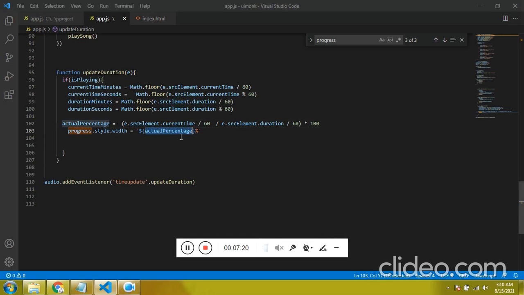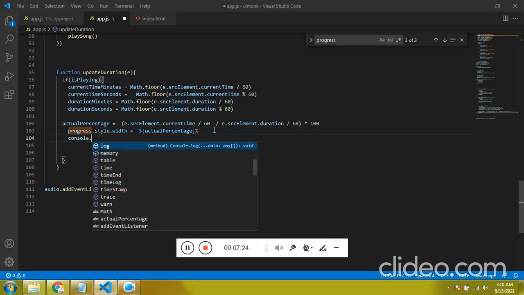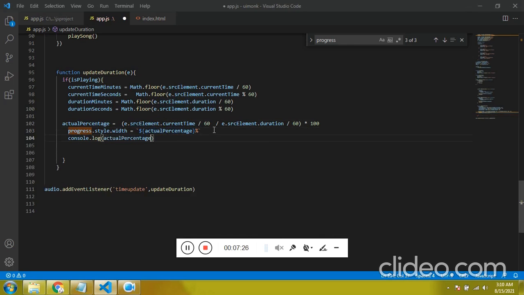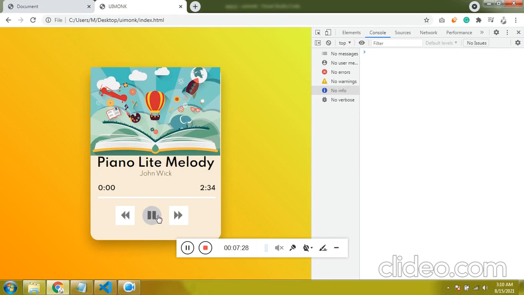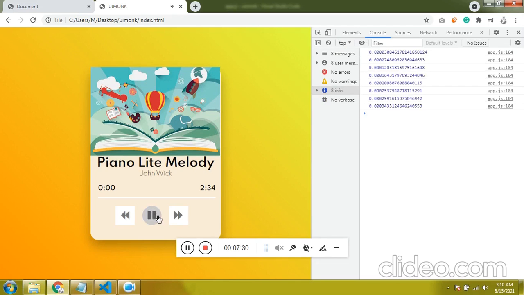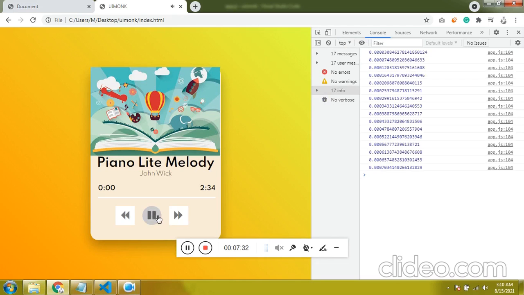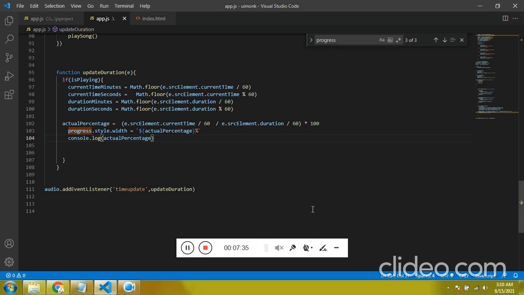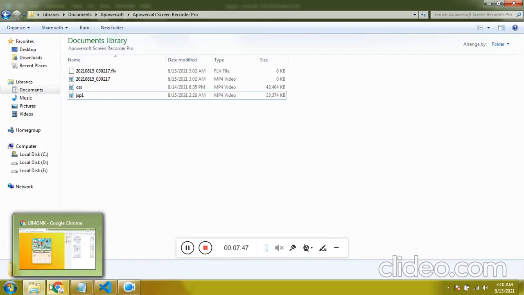Let's check this value for now. Console.log. My mistake. We should not convert this to minutes. Let this be on millisecond itself.